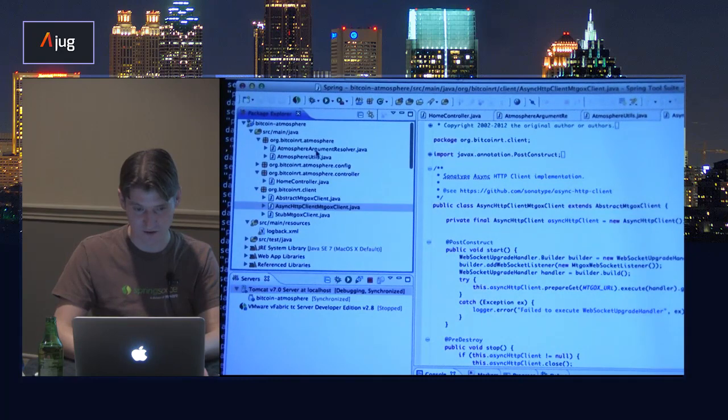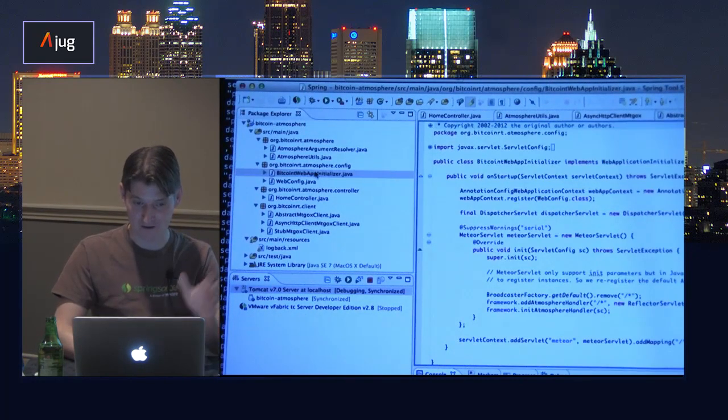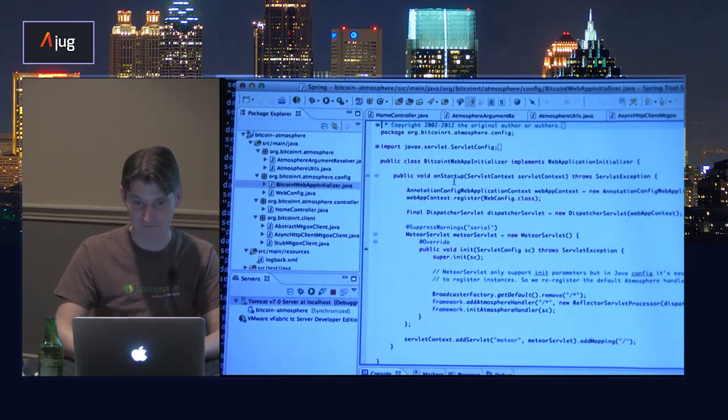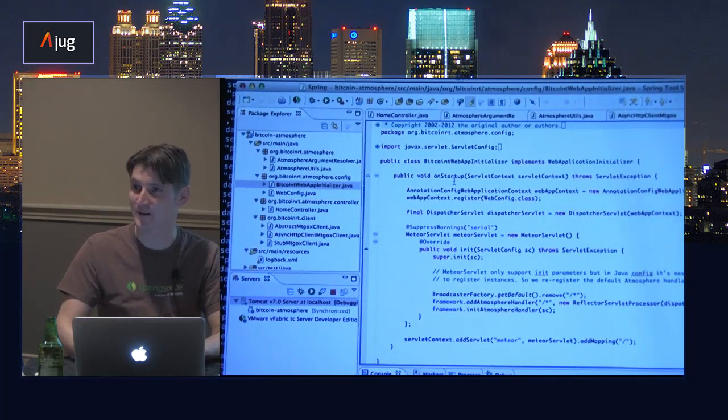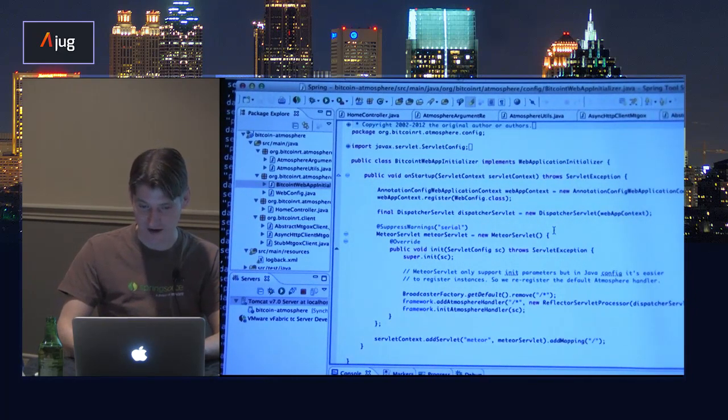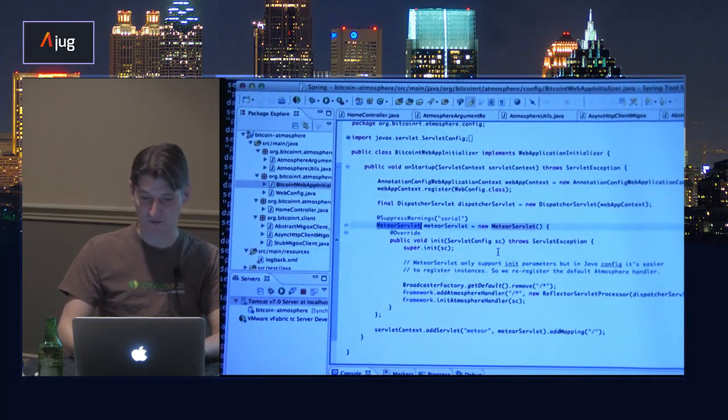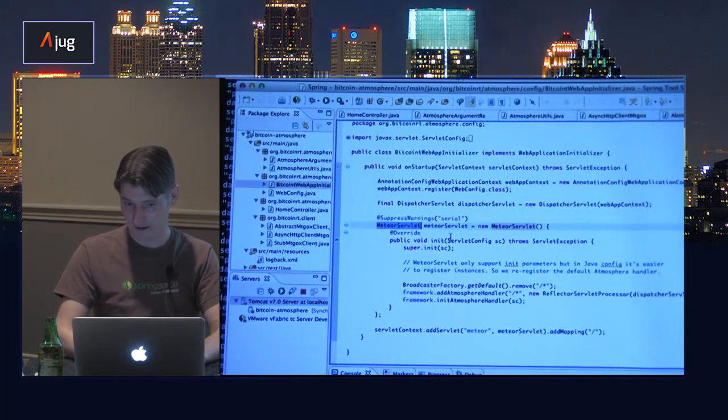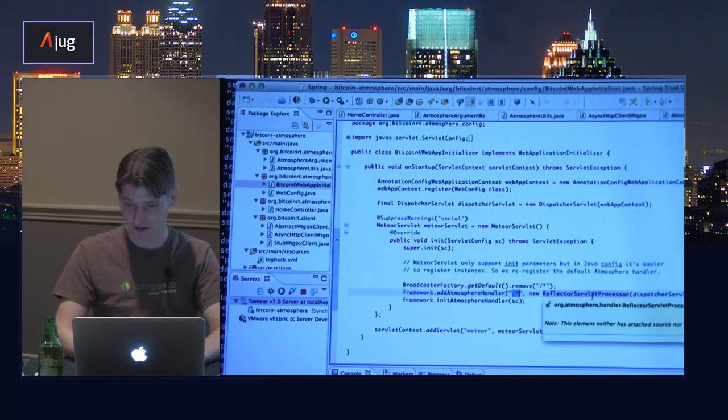I set this one up using Java config, I guess old habits never die. You don't have to use web.xml anymore with the latest servlet specs. In this case, I'm setting up my Meteor servlet, which is what Atmosphere uses, and adding my Atmosphere handler, listening on everything.